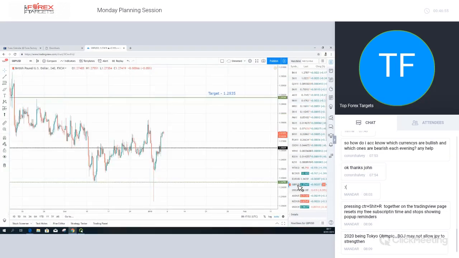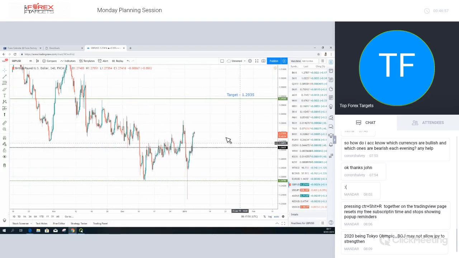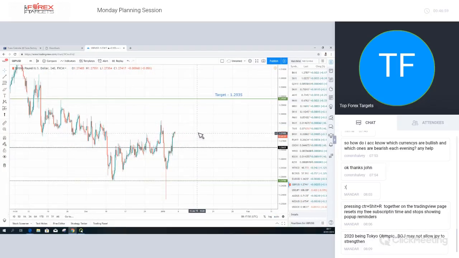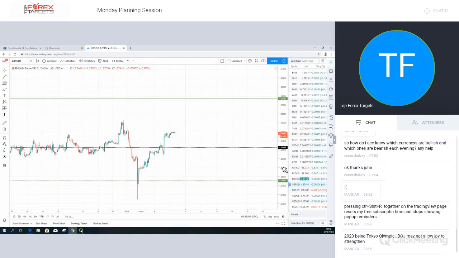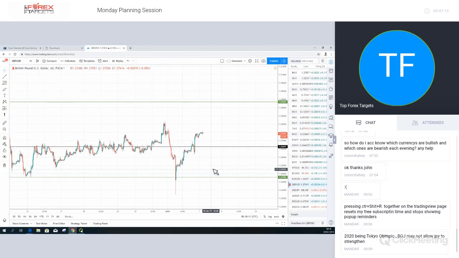How that could be playing out this week, if we come and have a look at the pound dollar, you can see it looks very similar to the pound index. Okay, so if we come down onto the 1 hour, since we've had this reversal back above the 1.26629, and I know this is a longer session this morning, it's just because we need to go through some of the broader